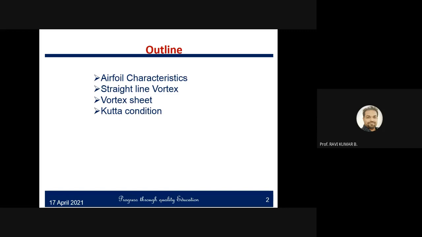So in the previous lecture, we have seen the lift curve slope, how lift varies with the angle of attack, and up to what angle of attack we can have lift, right? And after that, what happens, that is called stalling, and what is stalling, that we also explained in the previous lecture. So today we'll see the next characteristics. As we are generating lift, there is a disadvantage that whenever we are generating the lift, we have to pay something for it. That is called drag. That is called air resistance.